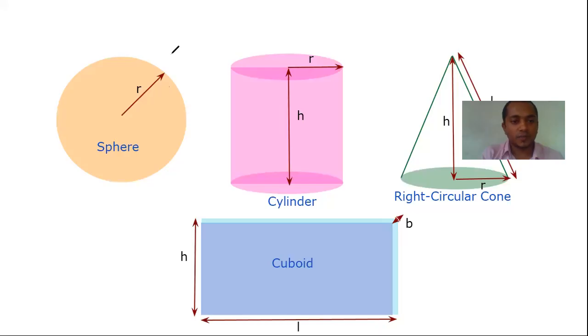First of all, we'll discuss what are the different shapes we come across in different exams. Here, as you can see on this whiteboard, the first shape is a sphere. The second one, which I am pointing to now, is a cylinder. This is a right circular cone, and this is a cuboid. Friends, it's not always necessary that in the questions they will tell you that a sphere is there and you have to find the area of the sphere.